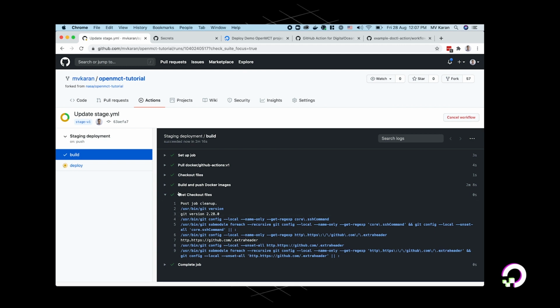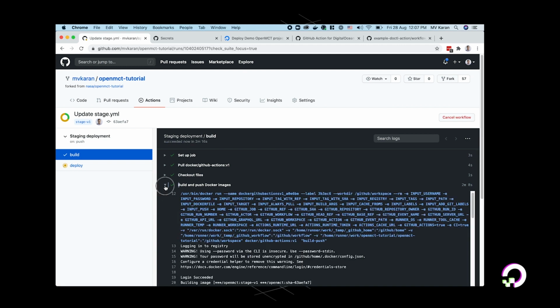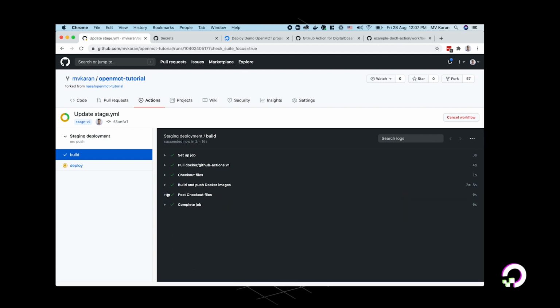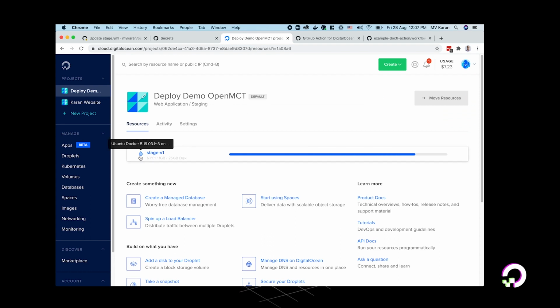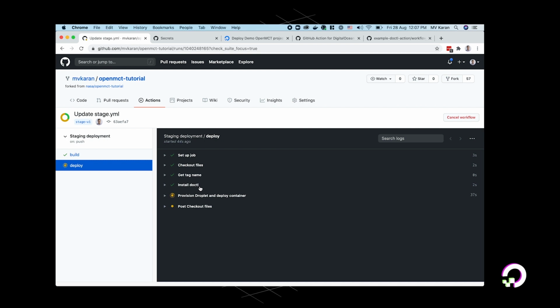So here I can see that the build and push Docker images is complete. The checkout is complete, and the job is also complete in 2 minutes 16 seconds. Here on the left, I can see a deploy job which is running. If I go check on my DigitalOcean console, you can see that the deploy is going on, which is the provisioning.